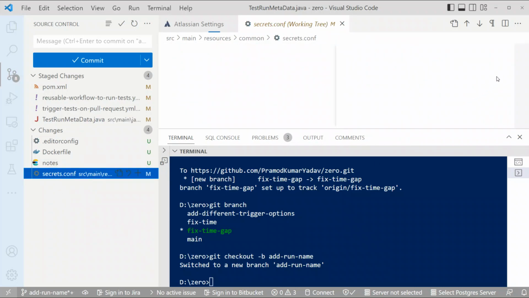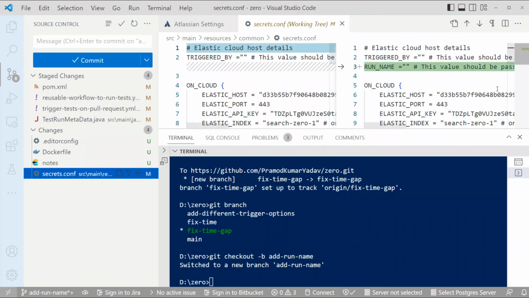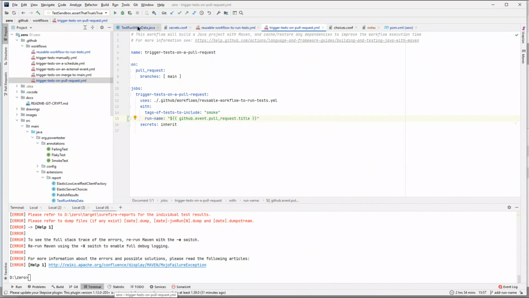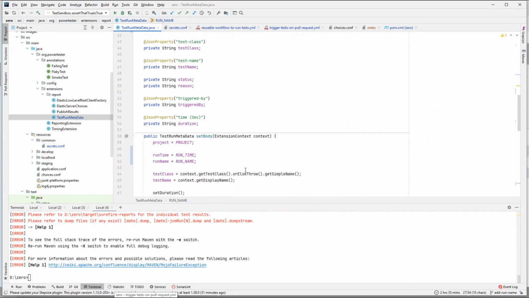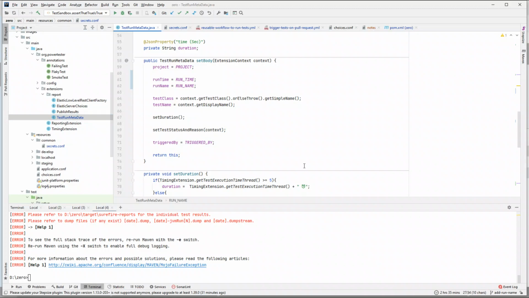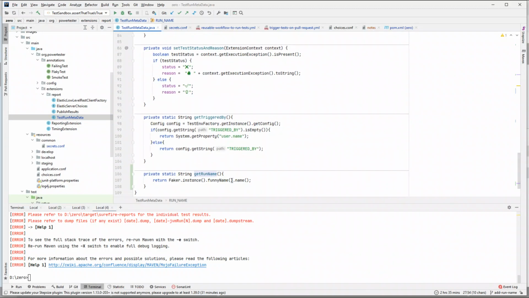We have added a new secret, which is empty by default. And in fact, we don't even need to provide this, right? Because we're not doing anything different here. Or actually we are. Let's go back to the code, get run name. So in fact, I should make a logic that if this run name is empty, so in fact, I need the same logic here,